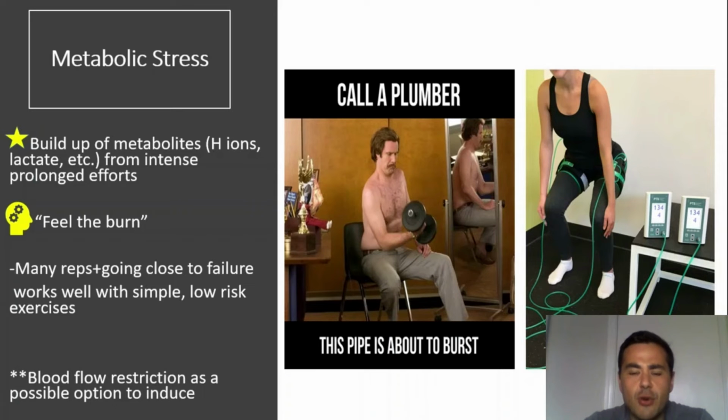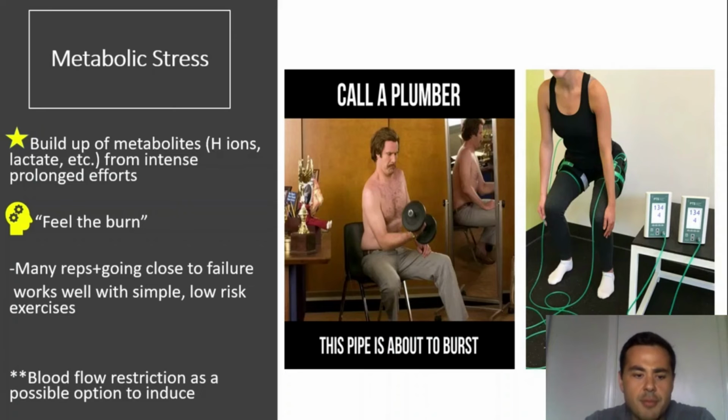On the flip side of the coin, if you are doing, say, back squats, getting close to failure and doing 25 to 30 reps, and you maybe don't have a spotter for whatever reason, then it can get a little riskier. But generally speaking, again, we're thinking metabolic stress being a buildup. You're feeling the burn. Typically, high amount of reps, getting close to failure is going to elicit that